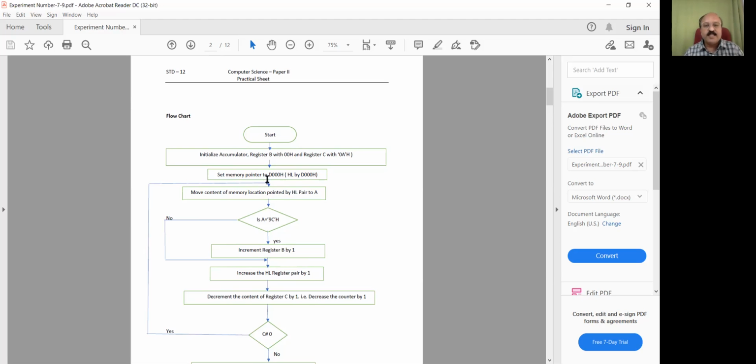Then set the memory pointer to D000H. The memory will start with D000H.